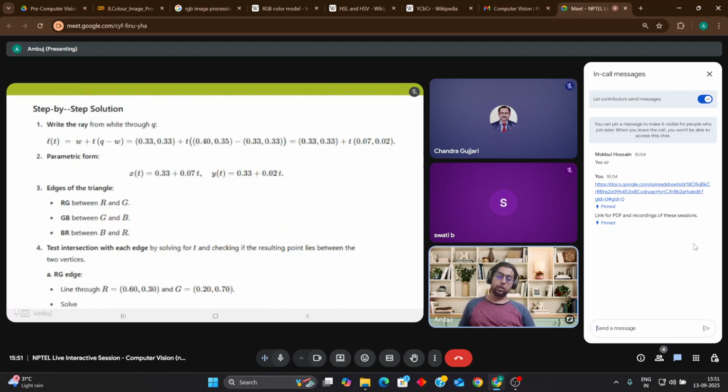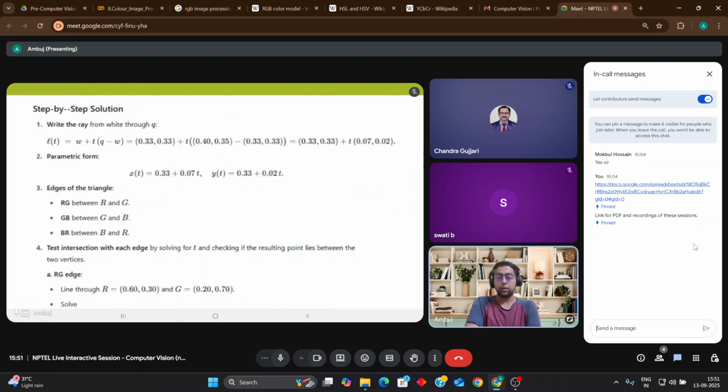The t value we just have to write as it is, and then Q minus W. The Q value has been given as 0.4, 0.35, and the W value is again 0.33, 0.33. So the equation will reduce to 0.33, 0.33 plus t times 0.07, 0.02. In your parametric form, your x(t) will be 0.33 plus t multiplied by 0.07, and y(t) will be 0.33 plus